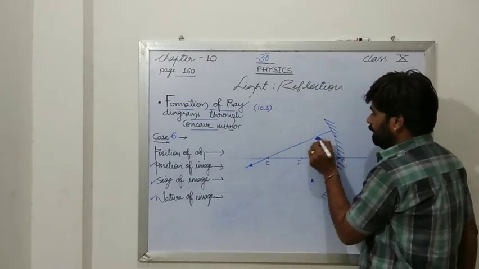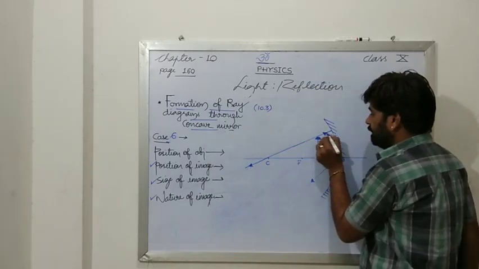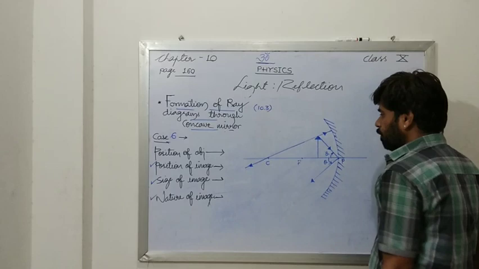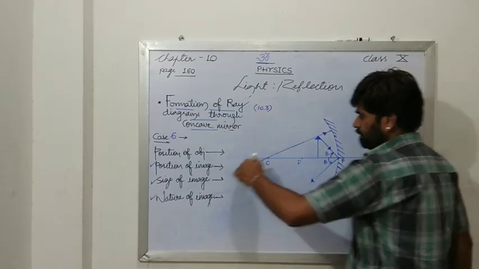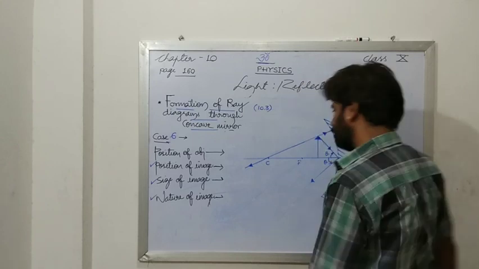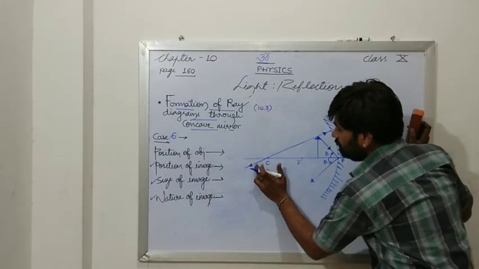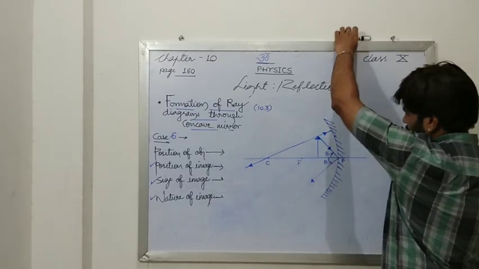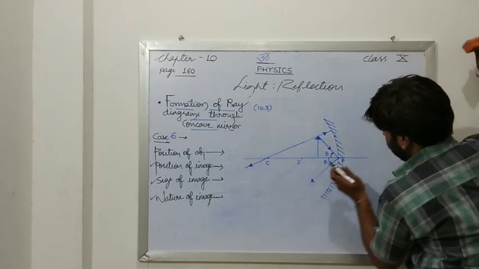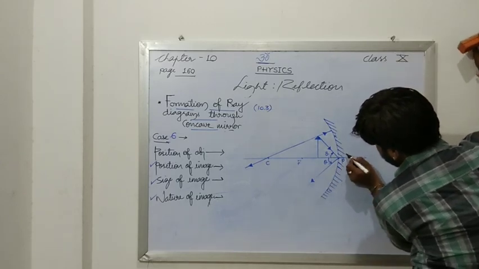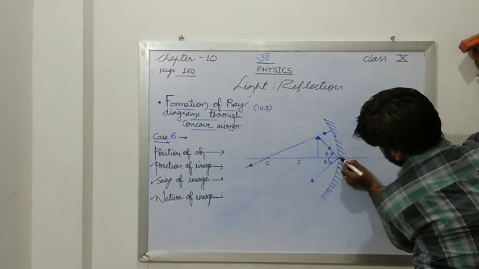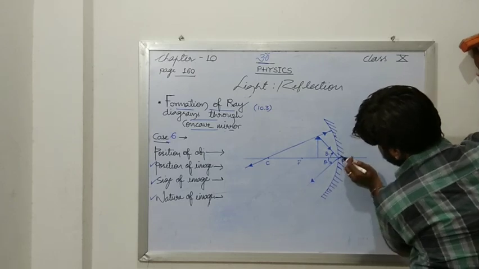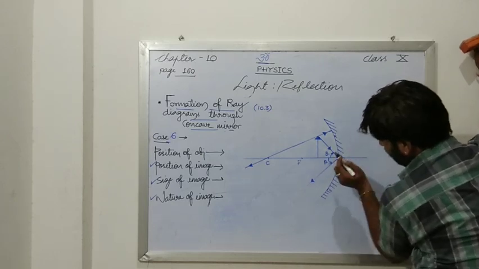Okay, so actually it was incident over this, and just after that it is reflected back in this direction. Now, sir, they are not meeting at all. This is moving like this, this is moving like this. Will they meet? No. In a real situation they are not going to meet anywhere. But if I extend them in the backward direction, just behind the mirror, as we have already discussed, you have to draw the line with dashes.